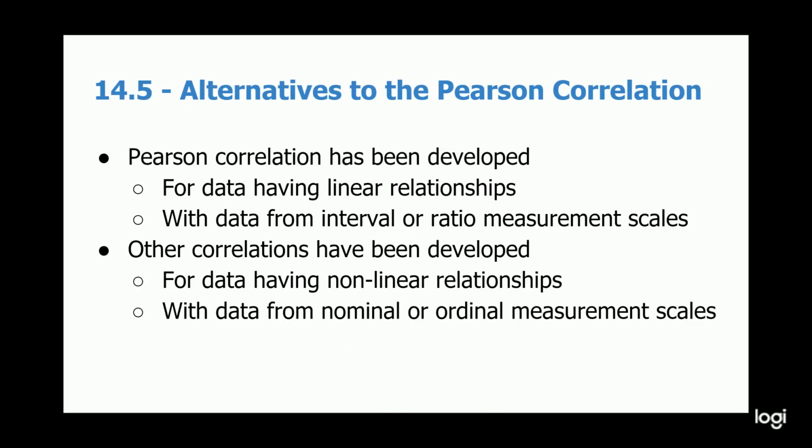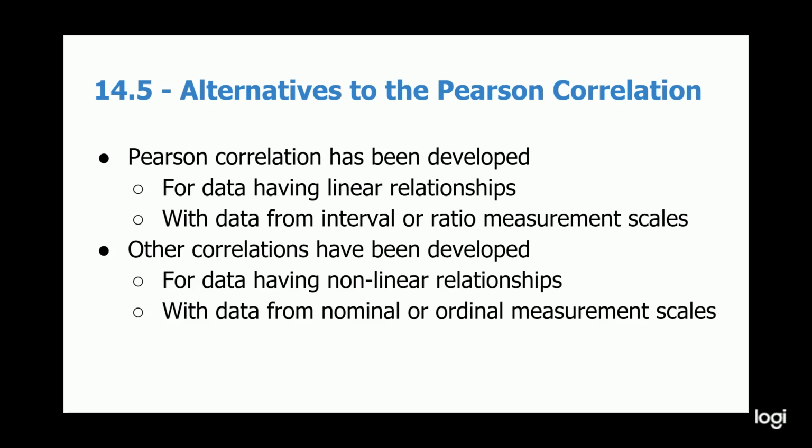Last bit here before we finish for this part is looking at alternatives to the Pearson correlation. So far we've been working with interval or ratio scales when we look at variables. Again, the number of something could be number of churches, number of crimes, height, IQ, temperature, whatever. They have some numbers attached to them, and it's on a scale, interval or ratio. What would happen if we start using other scales, like